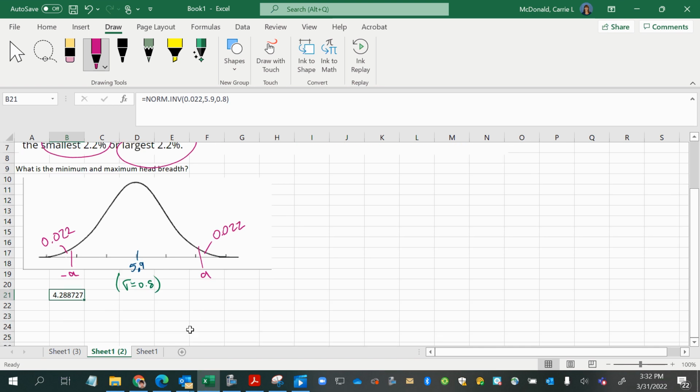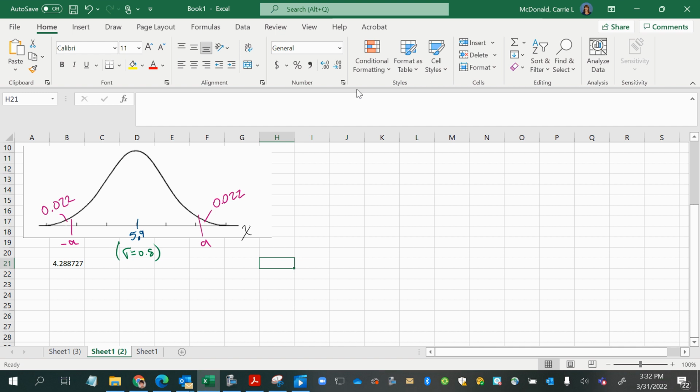Now, before I said that this number would be the same, just a different sign, but I misspoke because that would only be if we were dealing with a standard normal distribution where the mean was 0, the standard deviation was 1, and the z-scores were on the horizontal axis. But since we do not have a mean of 0 and a standard deviation of 1, these are not z-scores across the horizontal axis. And remember, they are head breadths